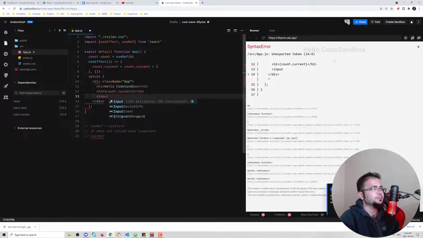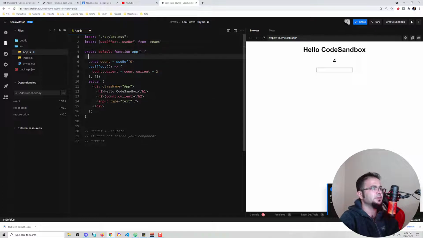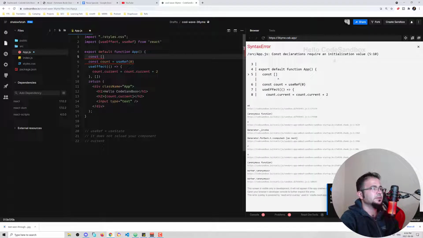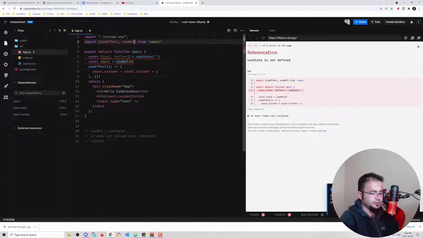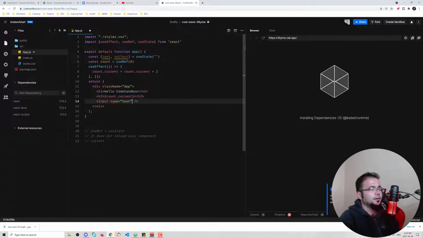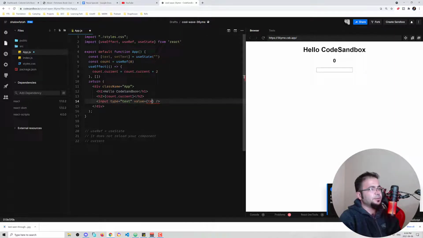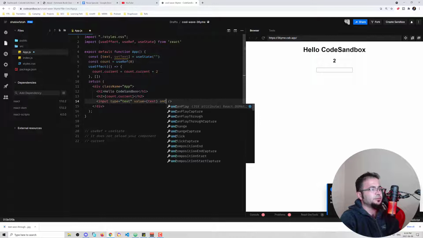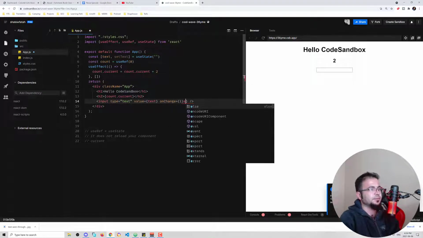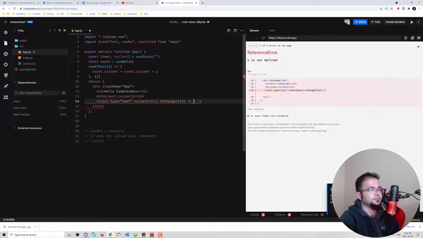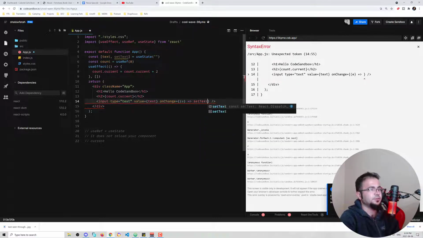Let's use useState. First, input type equals text. Now we have this input. Let's use useState. Const text, setText equals useState, and first it's empty. Let's just bring in useState as well. Now the value should be text, which is empty, but on change we say set text to